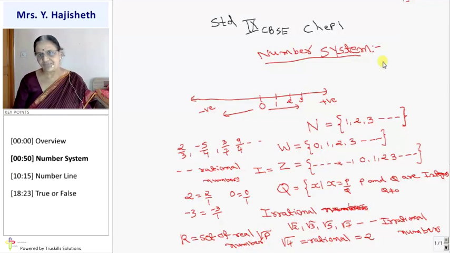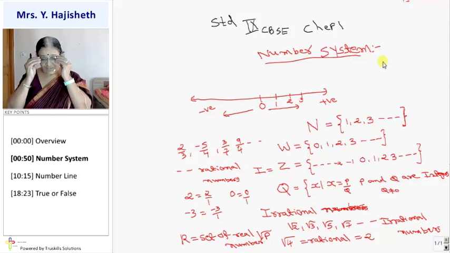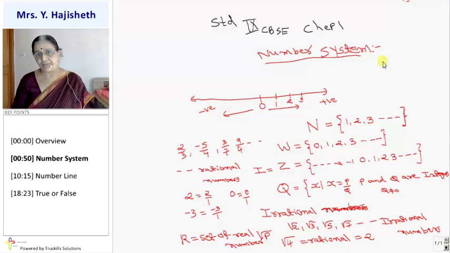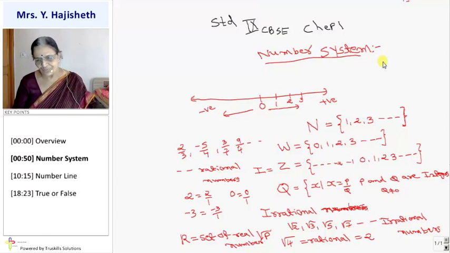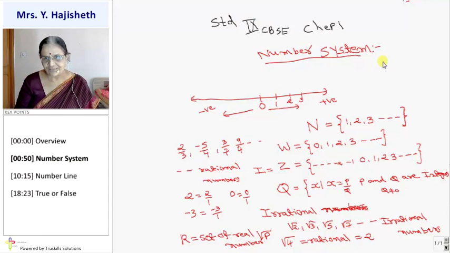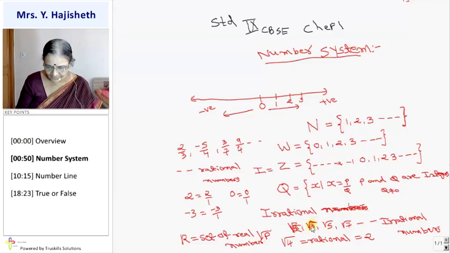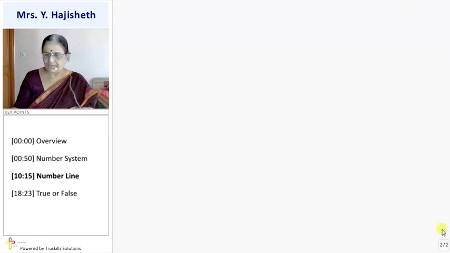And in 11th science when you come, R will be extended to C. C means set of complex numbers. You know, square of any real number is positive. But there are some numbers whose square is negative. Such numbers I call imaginary numbers, okay? How to represent? You know very well.